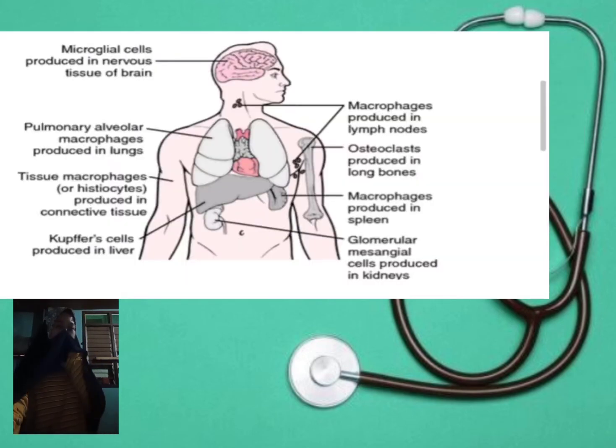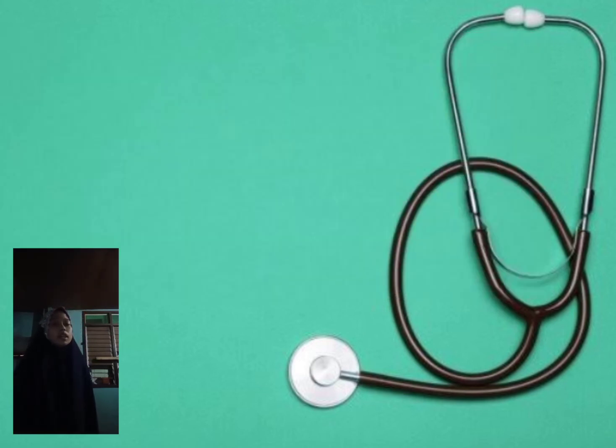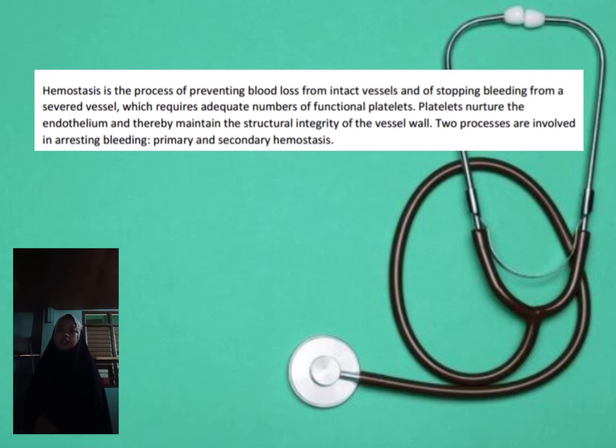The spleen is the site of activity for most macrophages. Most of the spleen, 75%, is made of red pulp. Here, the blood enters the venous sinuses through capillaries that are surrounded by macrophages. The hemostasis. Hemostasis is the process of preventing blood loss from intact vessels and stopping bleeding from a severed vessel,